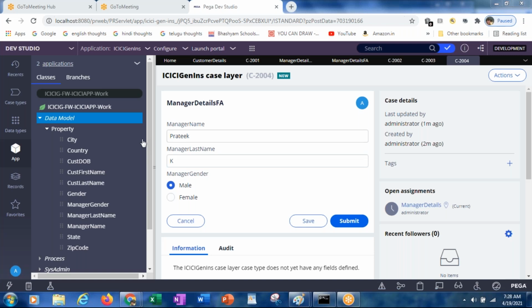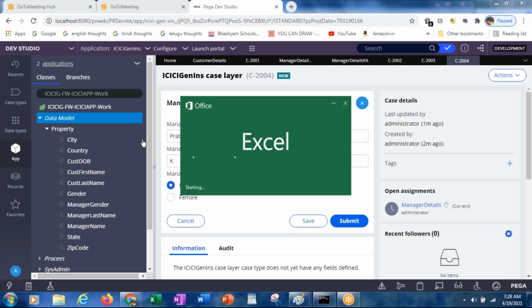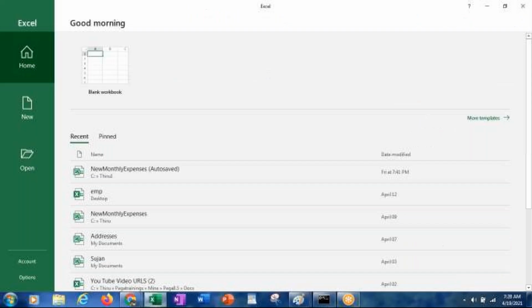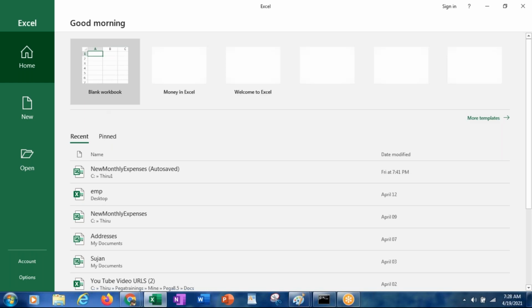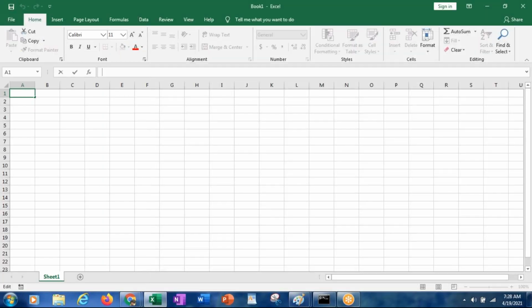If you want to create any page property, first you should have one page class. Say we have first name, last name, date of birth, and what else?